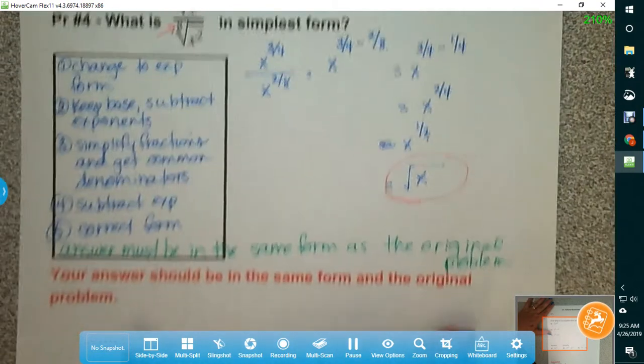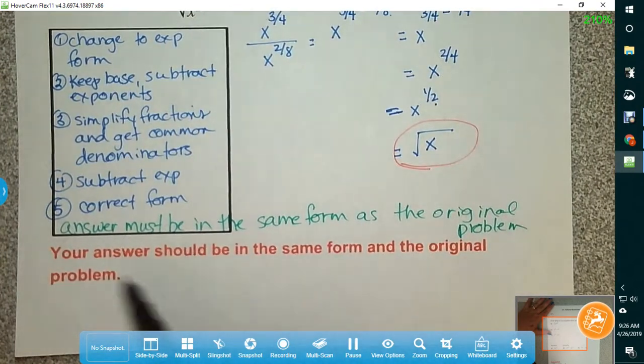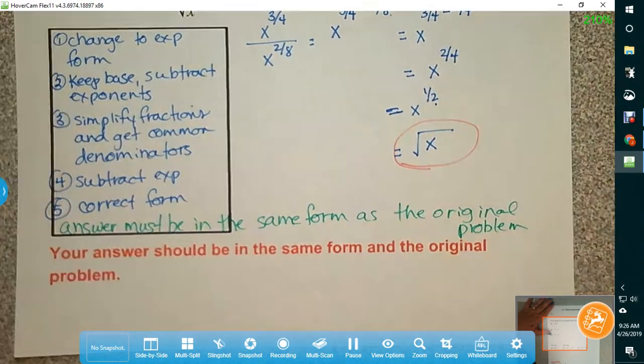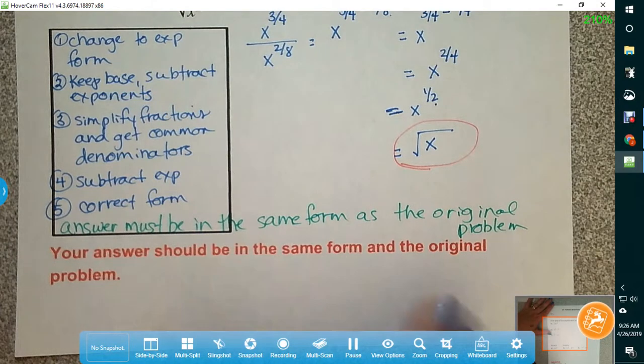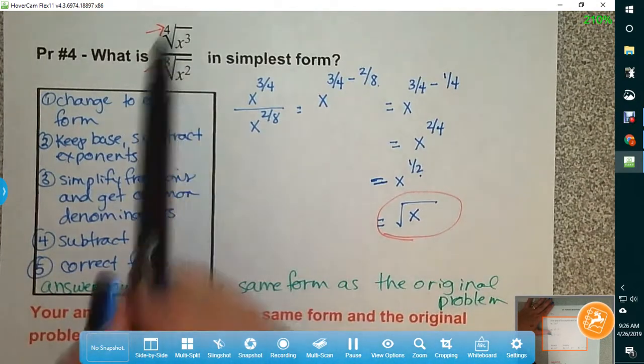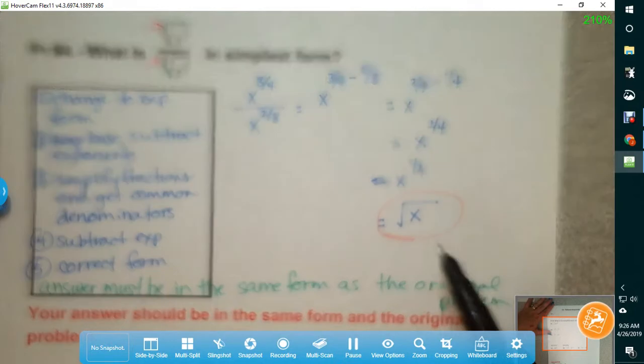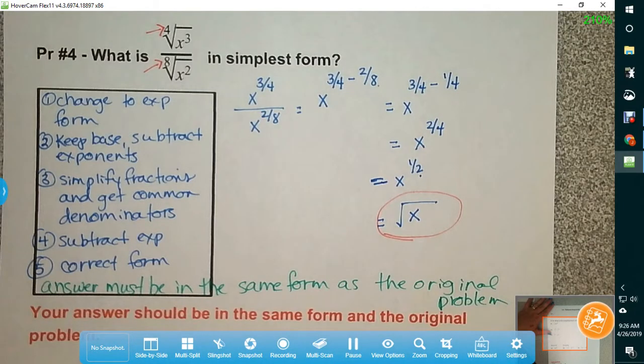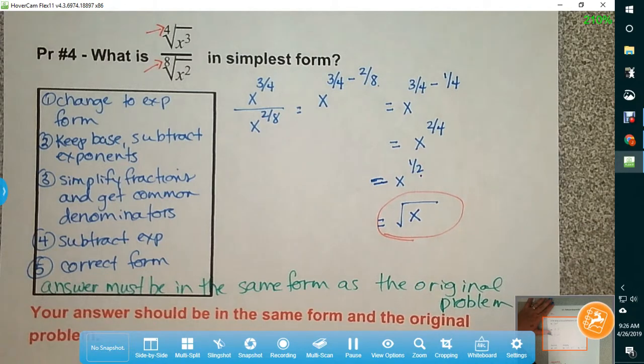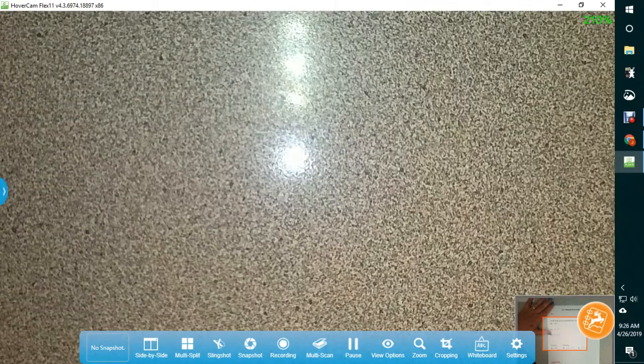Okay, and here it's also typed for you down here. I wasn't paying attention. I could have skipped that part. Anyhow, your answer must be in the same form as the original problem. So if the problem starts out in radical form, you have to finish in radical form. If it starts out in exponent form, it must finish in exponent form, no matter what you do in between. All right, next,